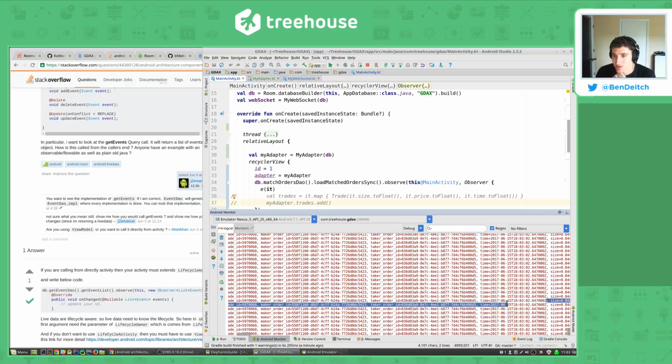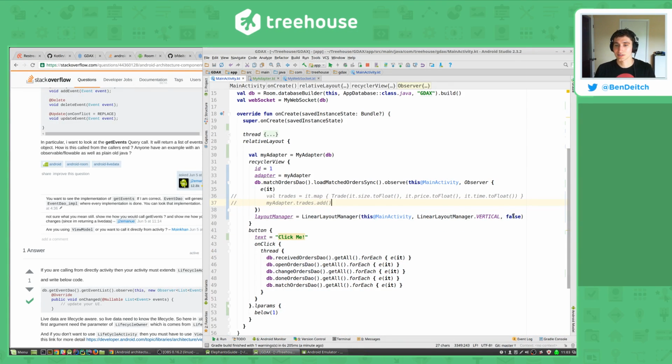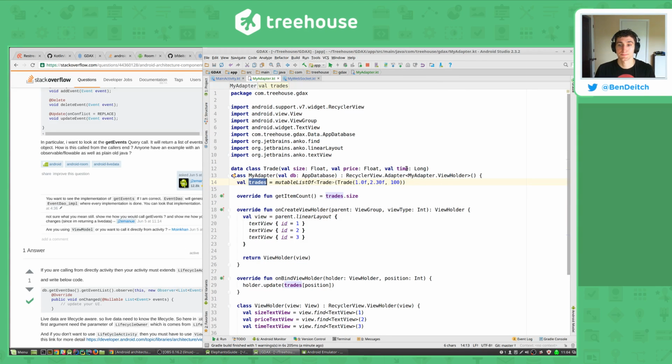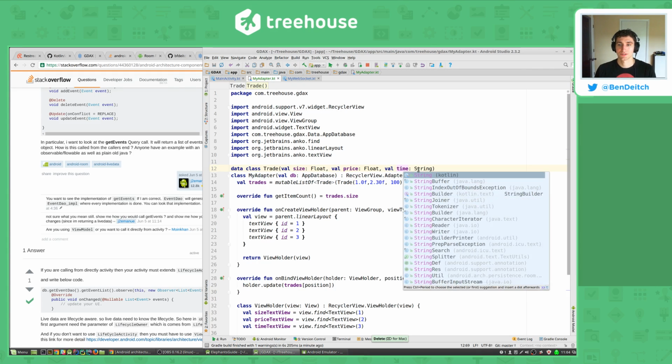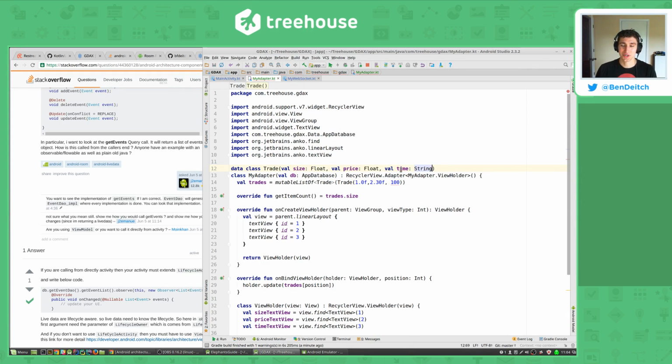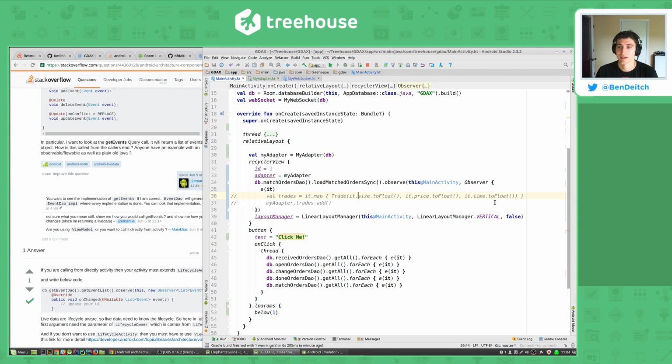Yes, it's a string. Yeah, and I don't feel like parsing that string right now, so let's change time to be a string. That's what we're going to do. Just because I really want to get something showing on the screen, and you know, we don't need to fix everything before we can do that. Alright, so we've got